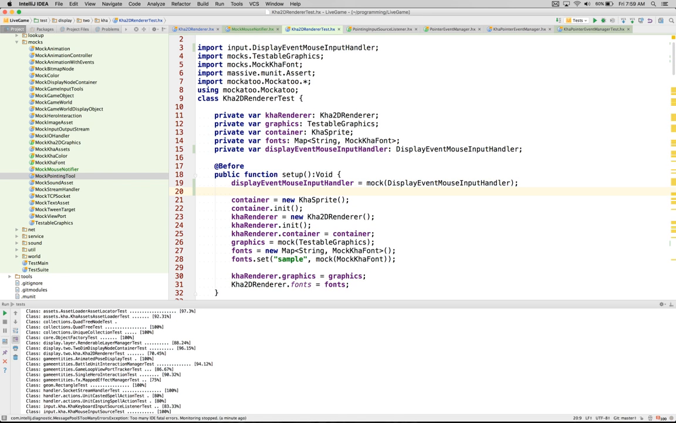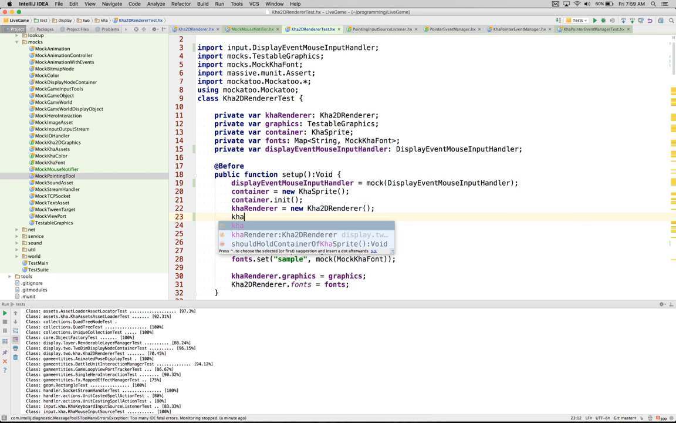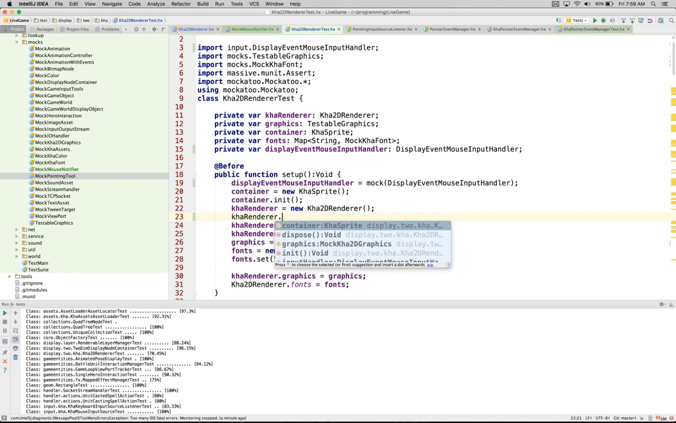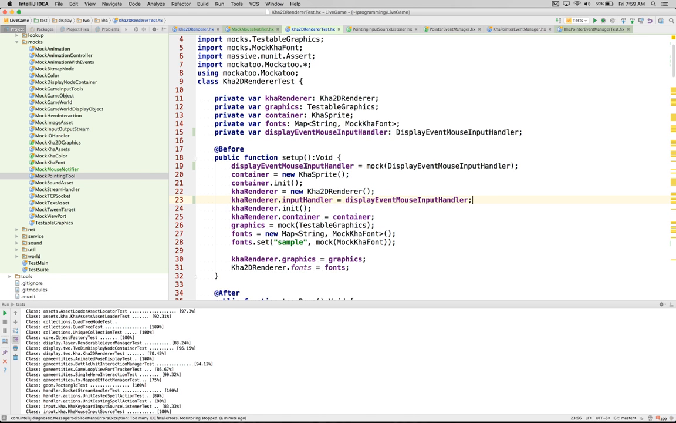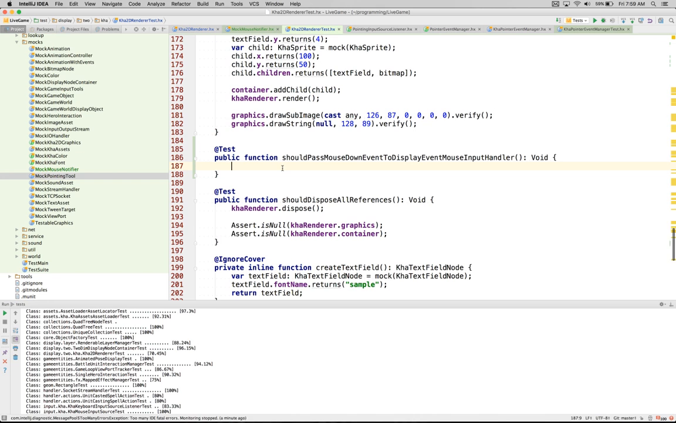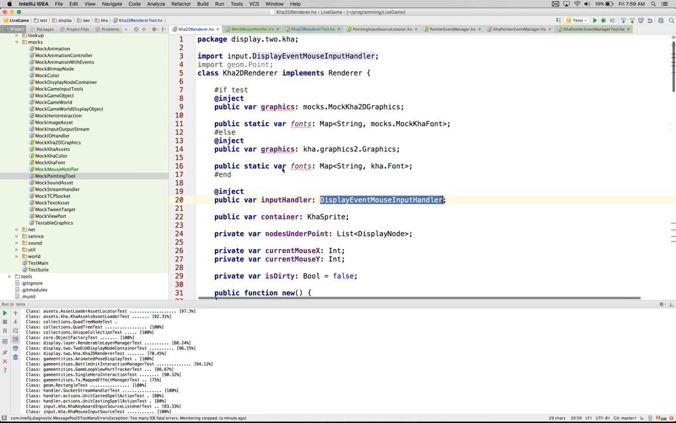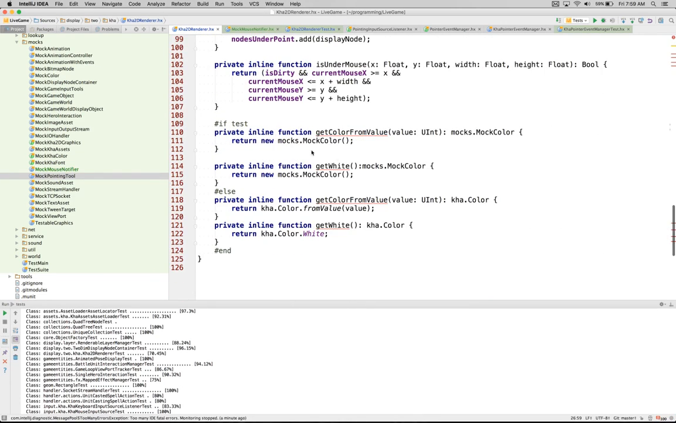And here in the car renderer, I'm going to assign the input handler. There we go. And now what we can do is we need to restructure our render a little bit. And we're going to say, if it's a test,